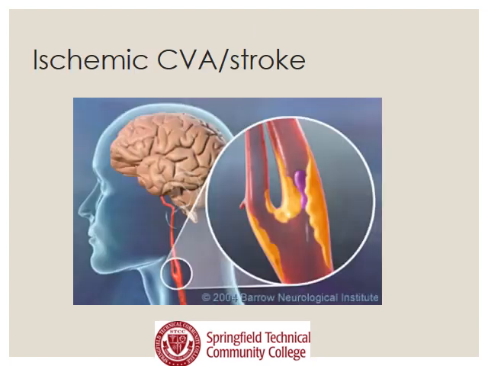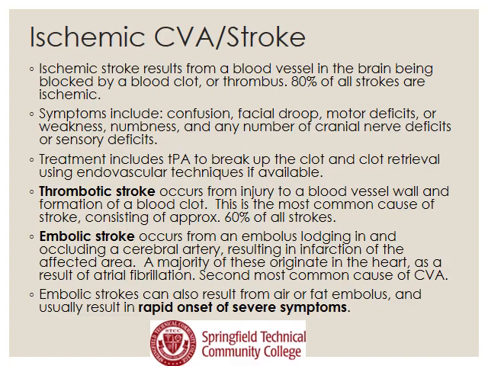First, we're going to talk about ischemic stroke. So ischemic stroke results from a blood vessel in the brain being blocked by a blood clot or thrombus. 80% of all strokes are ischemic. The symptoms include confusion, facial droop, motor deficits or weakness, numbness, and any number of cranial nerve deficits or sensory